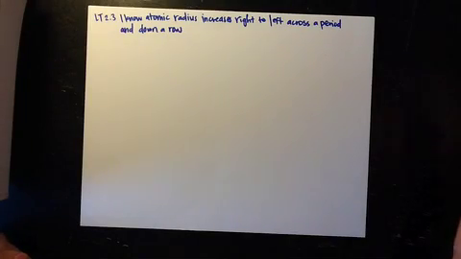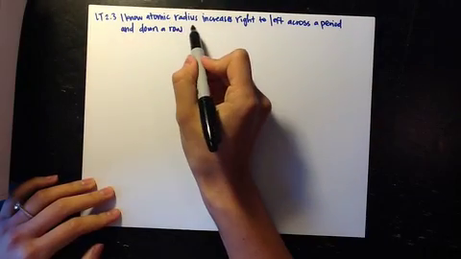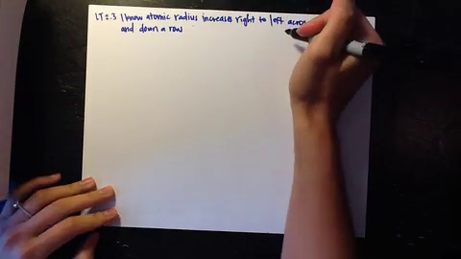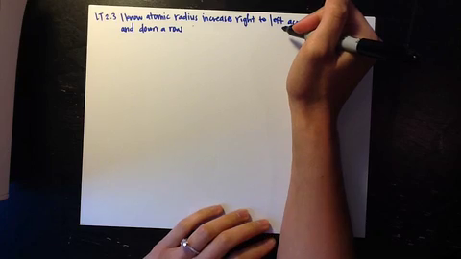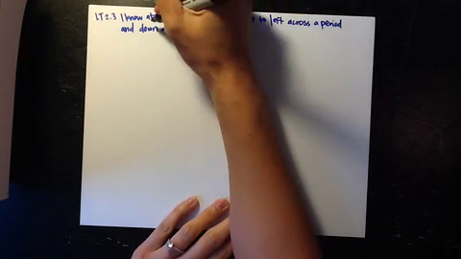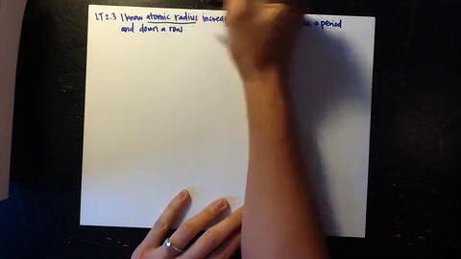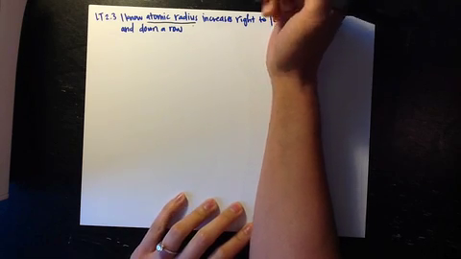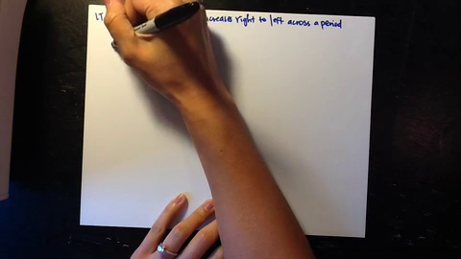Learning target 2.3: I know atomic radius increases right to left across a period and down a row. All right, so the first thing you got to know about this learning target is what the atomic radius is. For an atom, well, let's start with the word radius. Okay, atomic